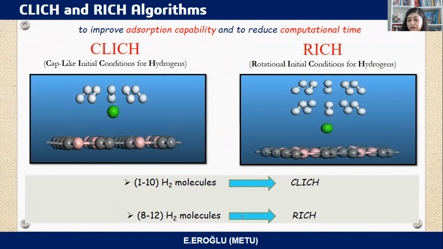In the first algorithm, the initial coordinates of hydrogen molecules are generated by using Kepler geometry over the hexagon, and the second algorithm can be considered as a layered version of the first algorithm. So the first hydrogen layer is designed by using the first algorithm, then a second layer is constructed on the first layer by rotating it. The initial geometries from 1 to 10 hydrogen molecules are constructed by using the first algorithm. And to absorb more hydrogen molecules per metal atom, the initial geometries of 8 to 12 hydrogen molecules are constructed by using the second algorithm.